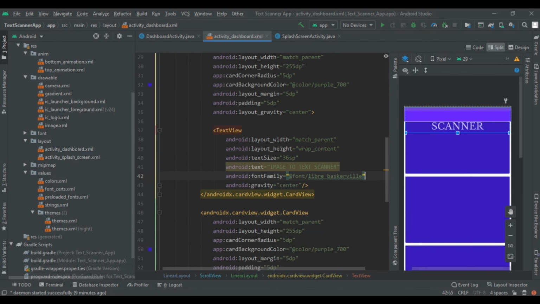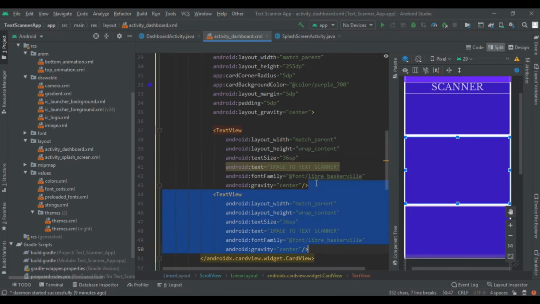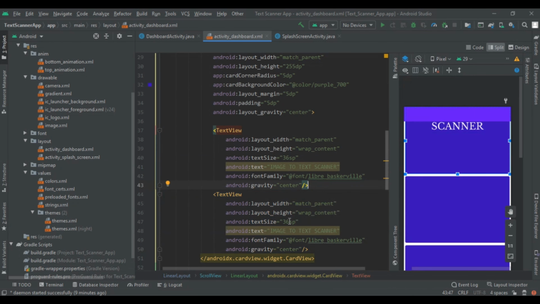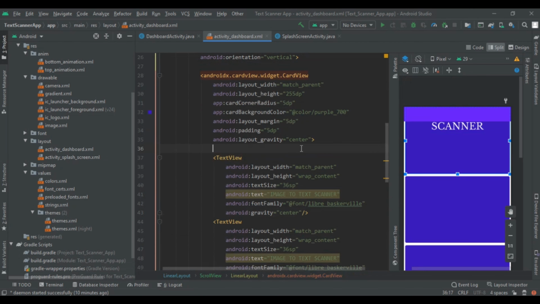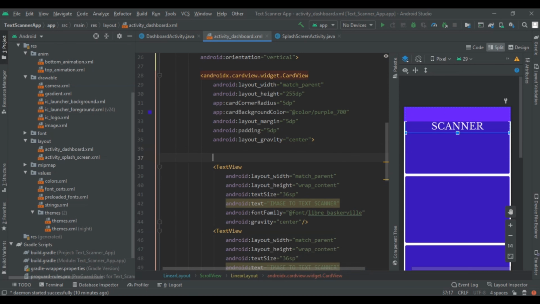Now copy this complete code and paste it again. So this is our card view, so we will not get the desired design by adding two text views. So we are going to use a linear layout.